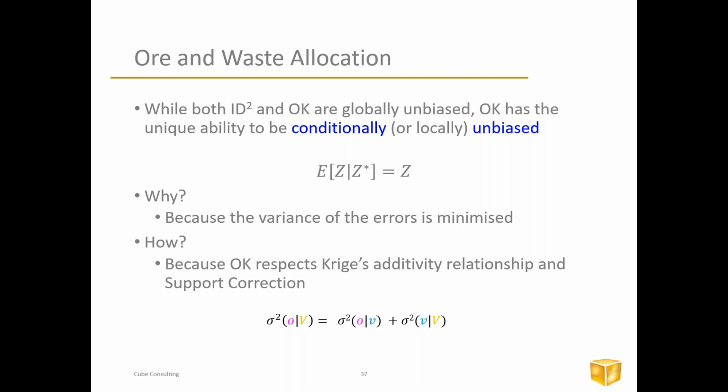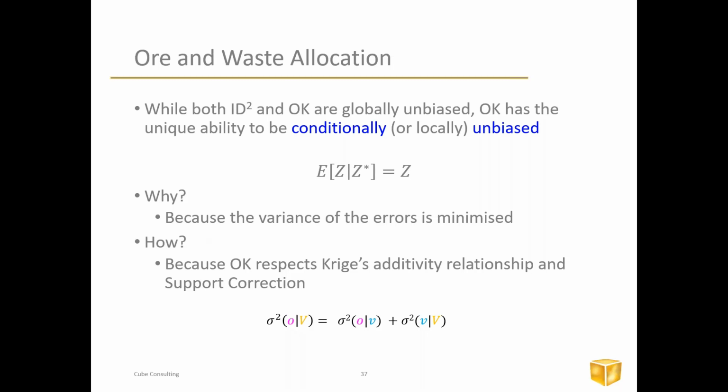So thanks to that, we can respect the additivity between the variances. Now, the additivity of the variances is very important because it tells you that when you have a point variance, which is the highest possible variance, and you're going to have the block variance, the piece that is missing in the middle is the variability that is absorbed inside the block. The more discontinuous the variable, the more variability absorbed inside the block, the greater the reduction of variance. So the greater we minimize, that way we can minimize the variance of the error.